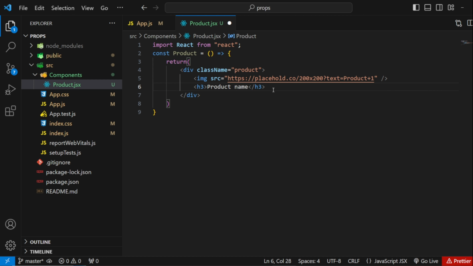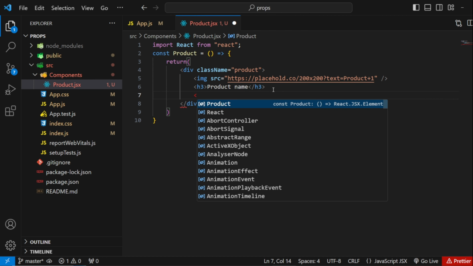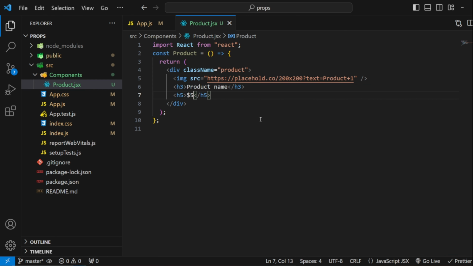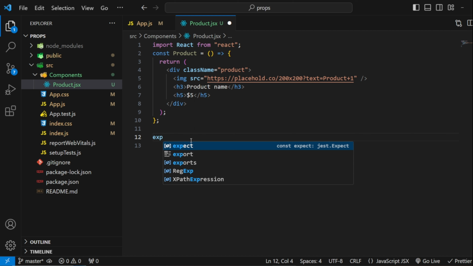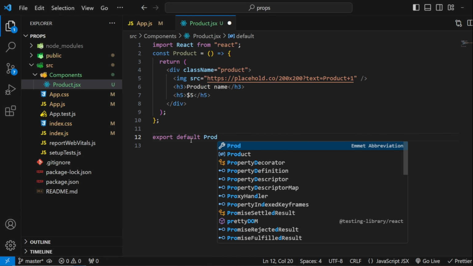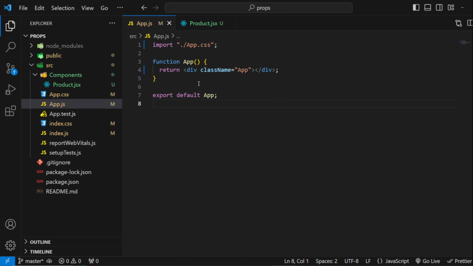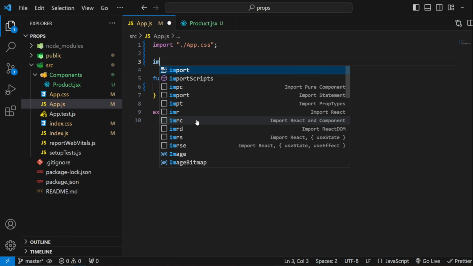And you can create one more HTML element, let's say for example h5, price you can say $5. Now export this component by using export default product. Now let's go back to app.js file, import this component by import